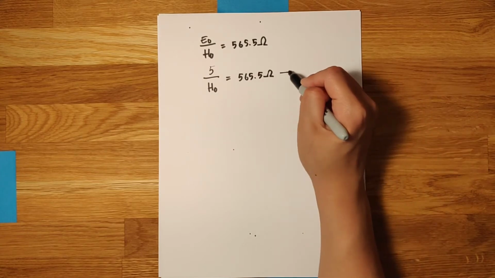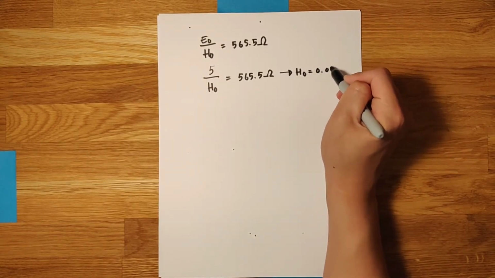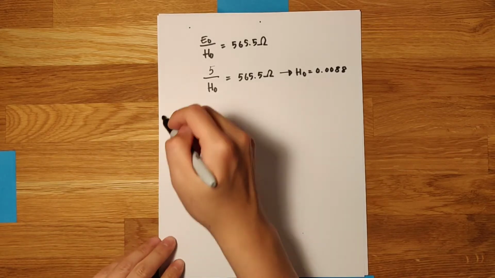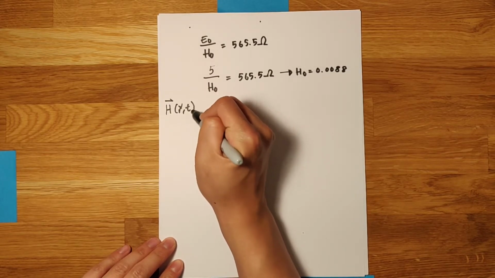Solving for this, you figure out that H naught is equal to 0.0088. So now we have almost everything to solve our H field equation. I'll just write down what we know. Our H field is simply going to be